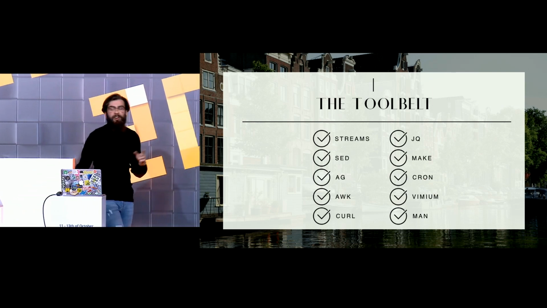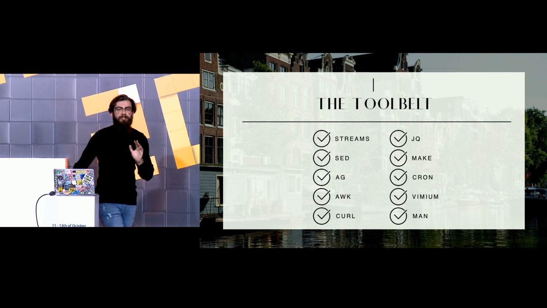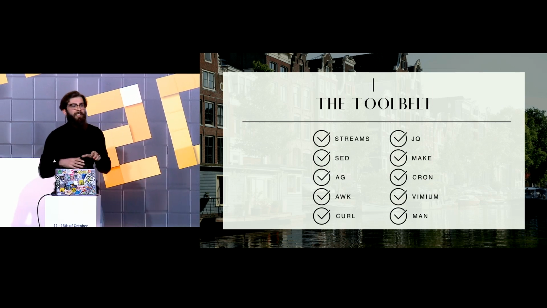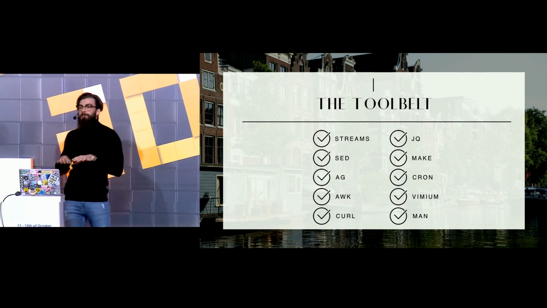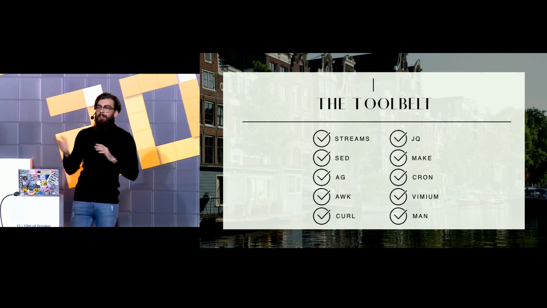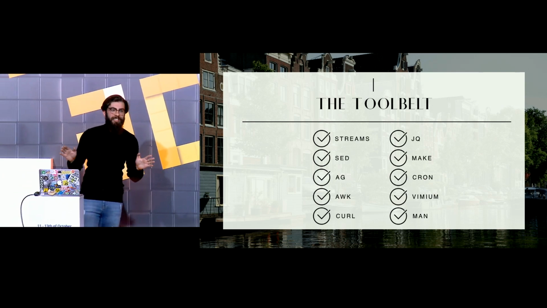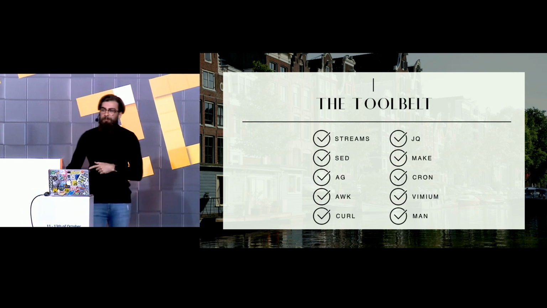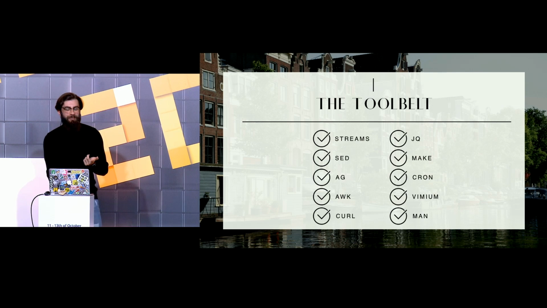Vimium. Oh, Vimium is very nice as well. Vimium allows me to use my browser with Vim shortcuts. When I'm navigating a page, I just press F, and everything will light up, and I'll be able to use my keyboard to navigate, click on links, go back and forth, see my history. Very, very nice. No need for a mouse. Especially if it's an Apple mouse, those are very expensive. You can save a lot of money by using Vimium, okay?